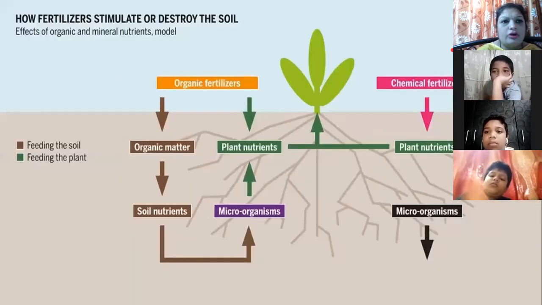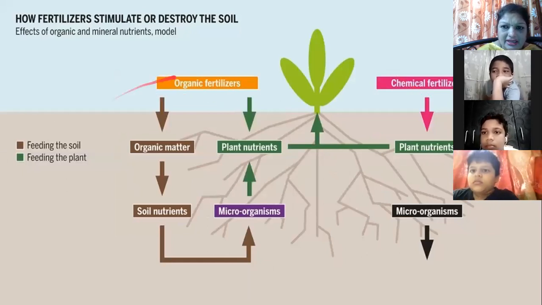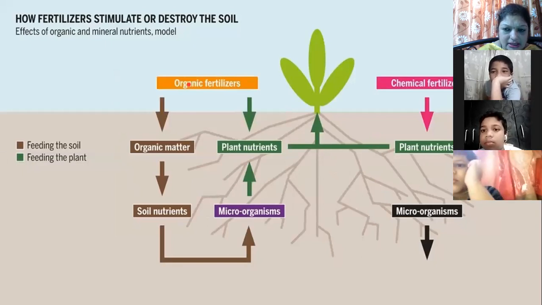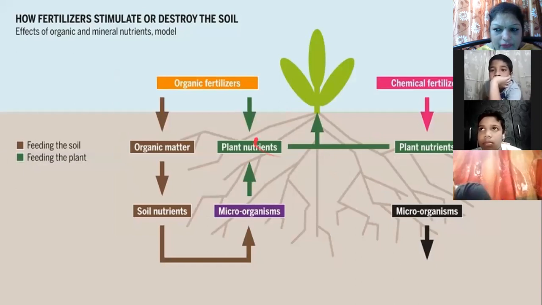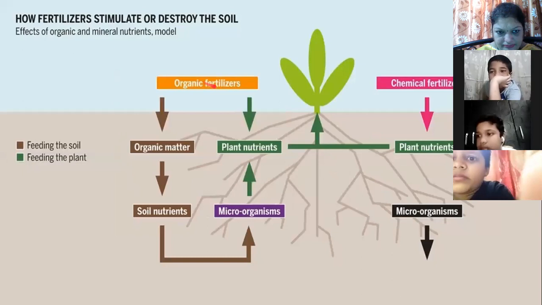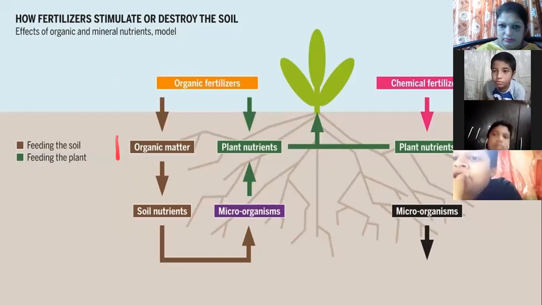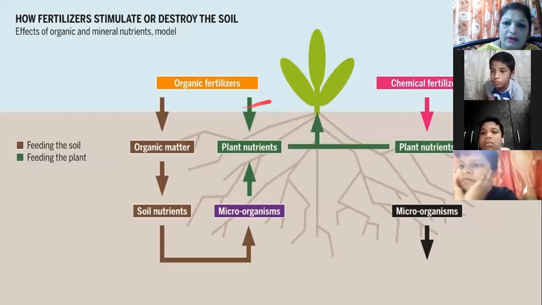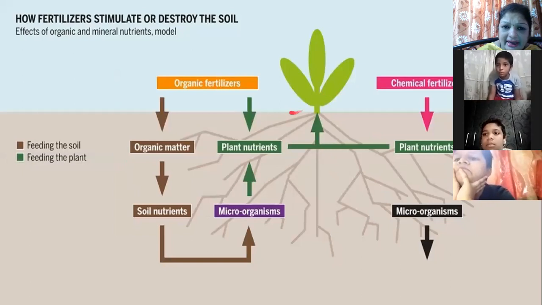Yeah, I just wanted to show you this, what exactly happens when you are using organic fertilizers, that is natural fertilizers, and when you are using chemical fertilizers. Boys, look at this diagram very carefully. Can you see here organic fertilizers? This is the soil, okay, this is the soil. Now above the soil is your plant. When the plant gets organic fertilizers or natural fertilizers, what happens?